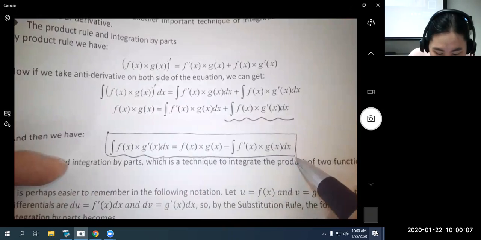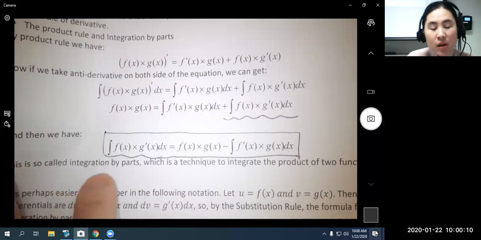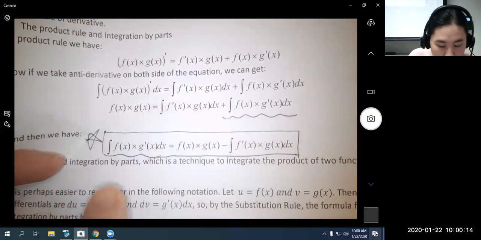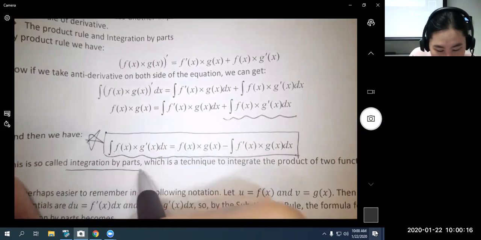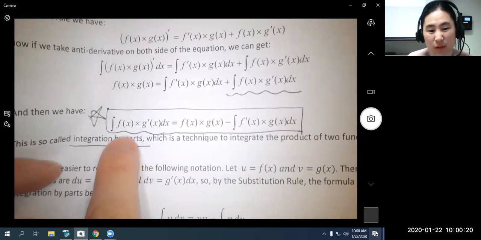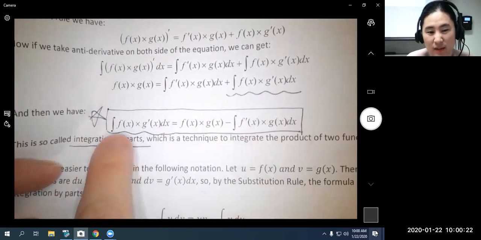The formula for integration by parts. Okay, this is a formula for integration by parts. If we look at the formula, you will see this formula is telling us if we want to